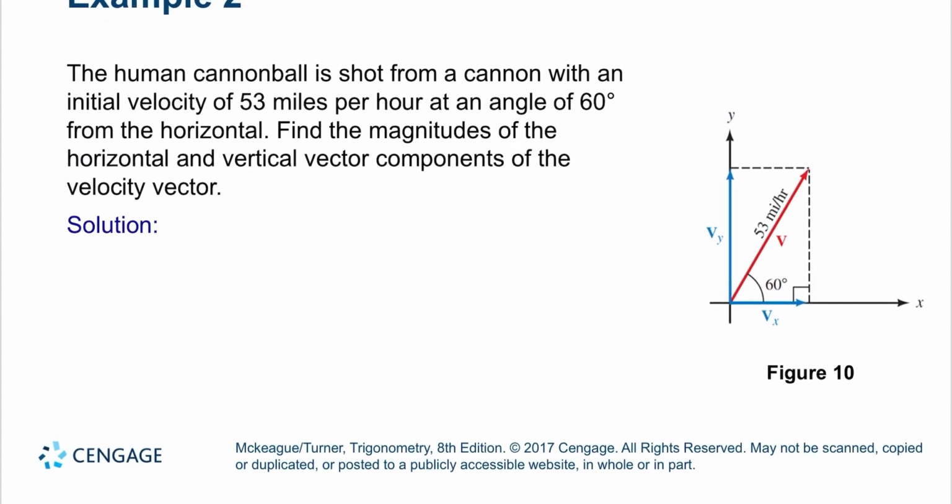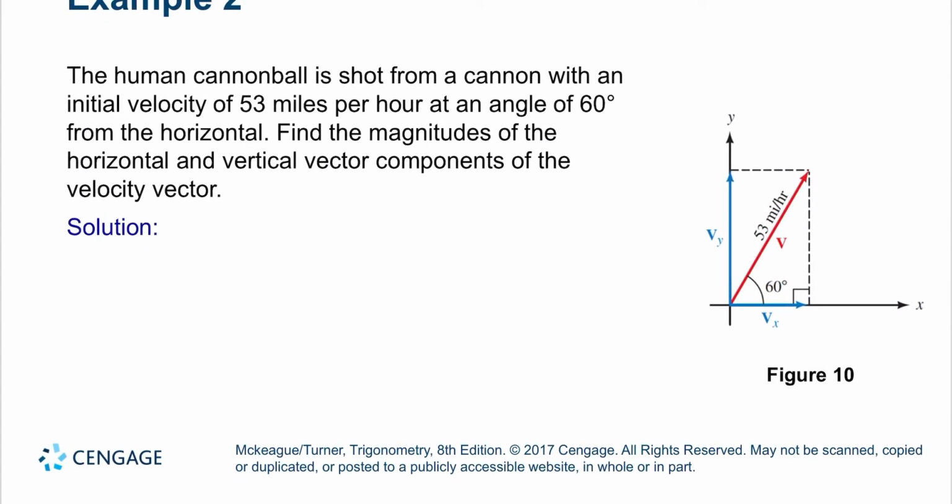All right, here's our example. The human cannonball is shot from a cannon with an initial velocity of 53 miles per hour. That's this vector here. At an angle of 60 degrees from the horizontal. Find the magnitudes of the horizontal and vertical components. So we're looking for v sub x and v sub y. And v sub x is just going to be,